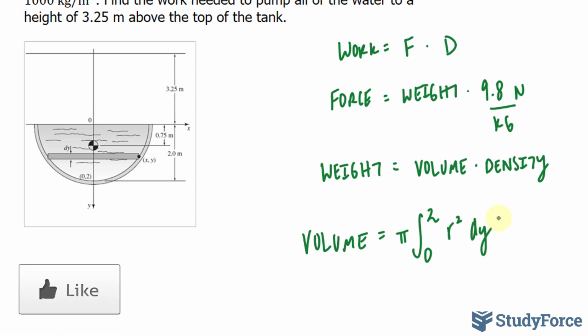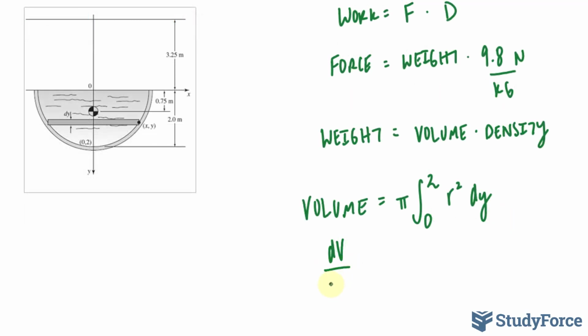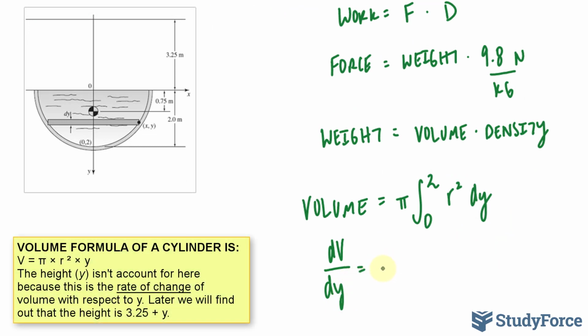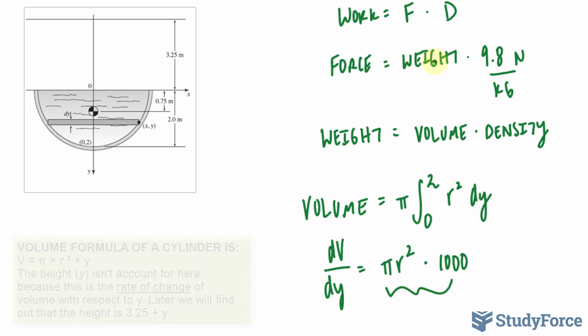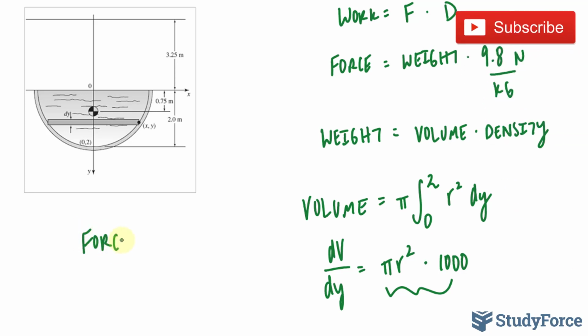And if the cylinders are running along the y-axis, which they are in this case, you have to make the function in terms of y. So you have to solve for x. Now, of course, this function can be written as dV over dy is equal to pi r squared. This number will now be multiplied by the density, which is 1,000, that was given in the question, and we'll take this expression and place it right here, because by multiplying these two, we found the weight and we can substitute that into there, where we get force is equal to pi r squared